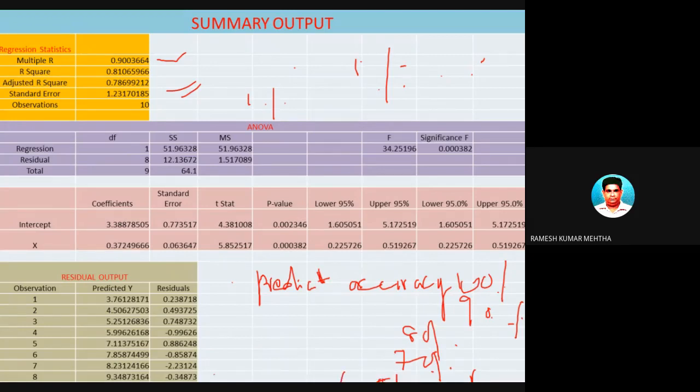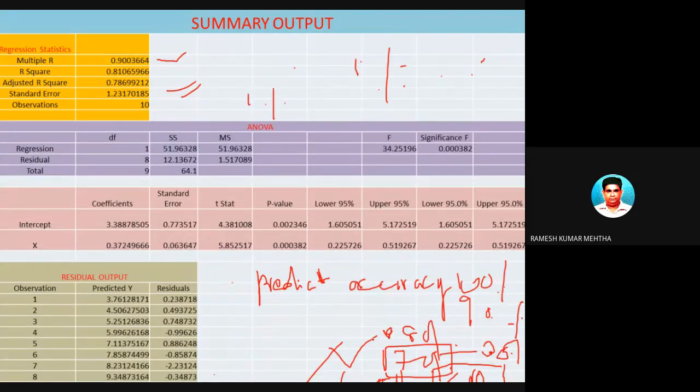Which model is very good? This is only able to predict 60%, meaning another 40% is not predicted, meaning there is an error. Or in this other case it is able to predict 70%, meaning 70% accurate, but 30% it is not able to. 30% of the variance in the dependent variable is not explained. So this is the error.